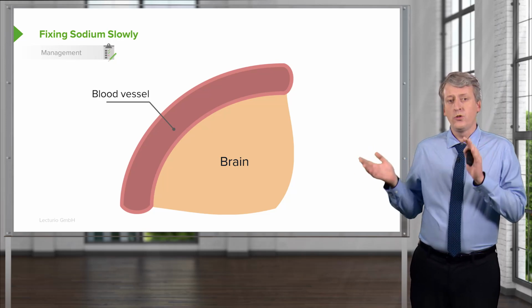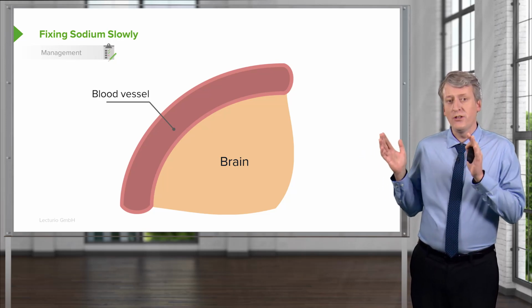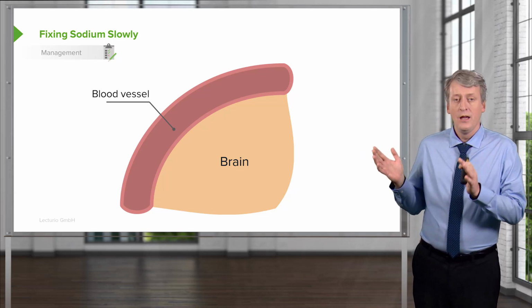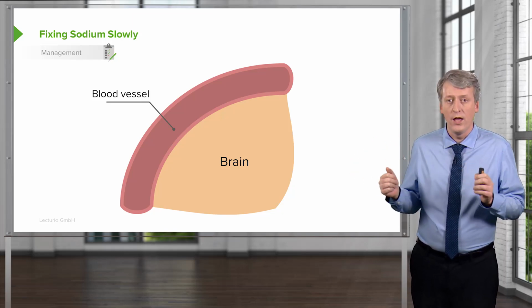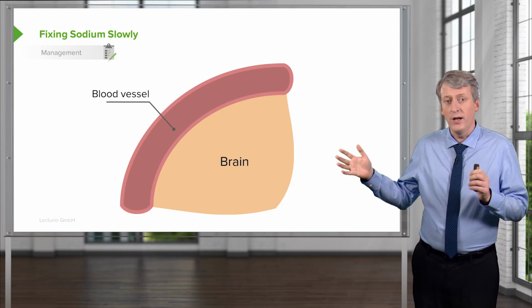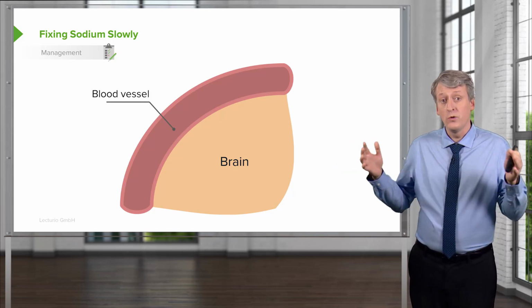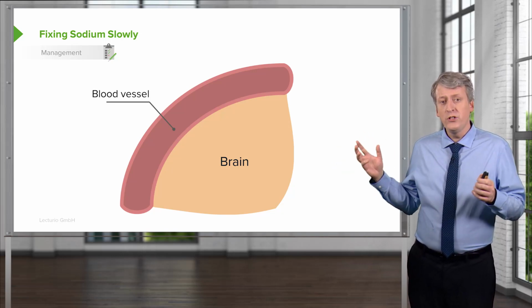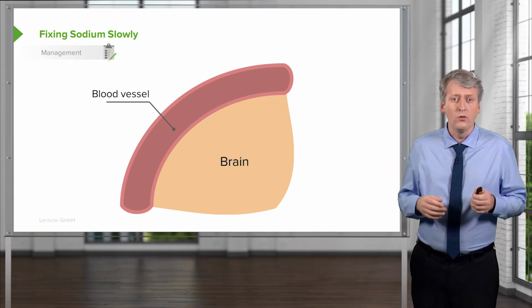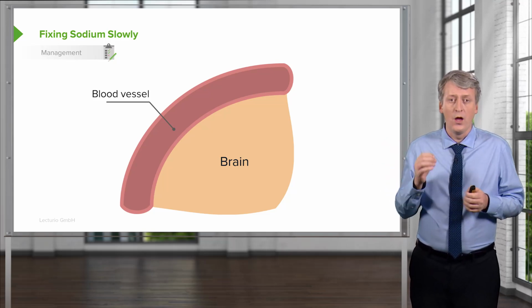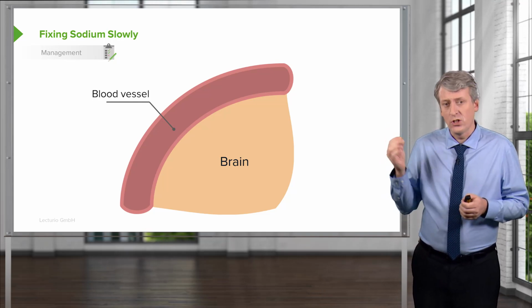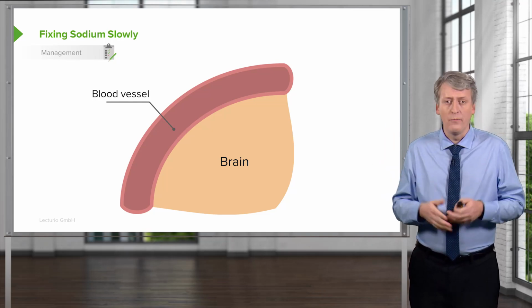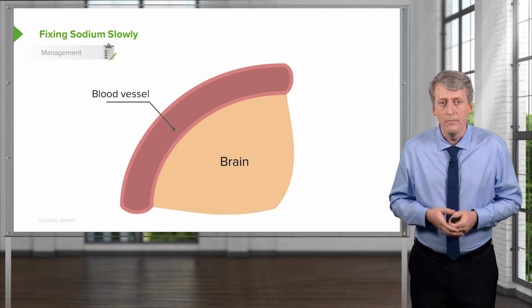These two compartments need to have the same osmoles in them. They need to have the same osmoles so that there aren't fluid shifts one way or the other. If fluid shifts into the brain, one would get cerebral edema. If fluid shifts out of the brain, what we typically see is central pontine myelinolysis, which is really bad. It's a disturbance of the pons, which can cause problems with the basic functions of the body.